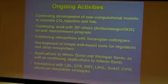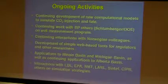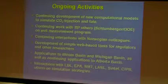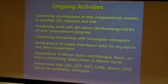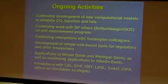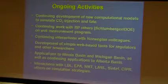We're developing a bunch of web-based tools because part of my funding these days comes from the Environmental Protection Agency. It's very interesting. I get funding from EPA and I get funding from BP. So I'm sometimes asked by environmentalists, is it true you take money from BP? I say, yes. Do you really think you can be objective? And then I just say, yes. And then they'll say, no, we don't think you can be objective. So then I say, well, I also take money from the EPA. So do you think I can't be objective on the other side as well? And I guess if I'm not objective on either side, then it leaves me being objective, right? Because anyway,